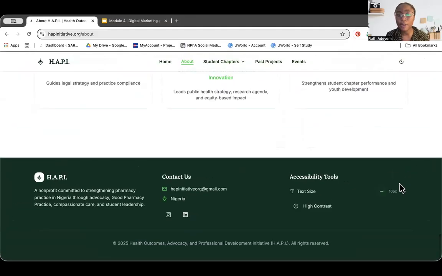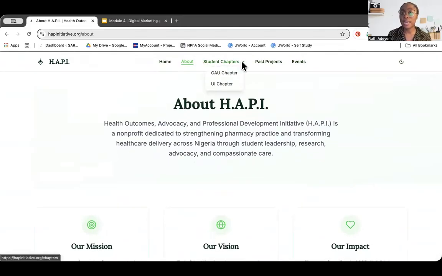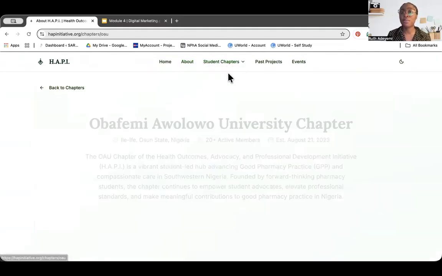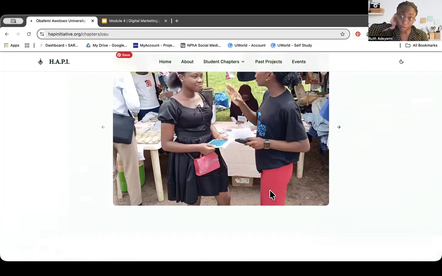And I can go back down if I wanted to. If I wanted a high contrast, I could do that. If I don't want it, I'll click off of it. And then student chapters, it highlights the student chapters here. And you can see we even incorporate photos. Now, mind you,